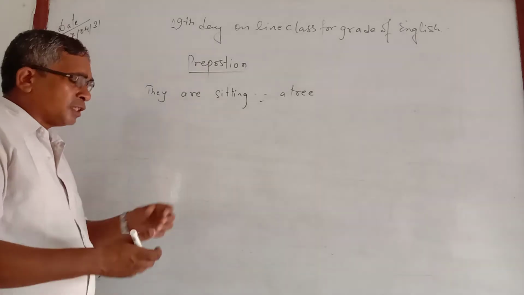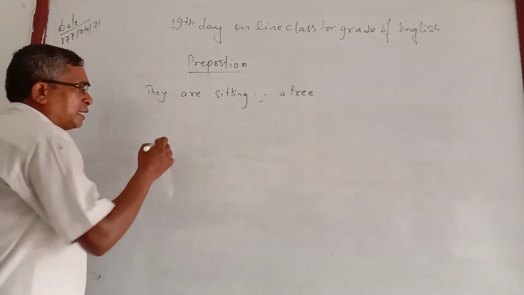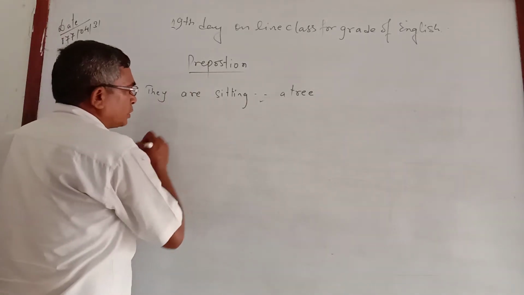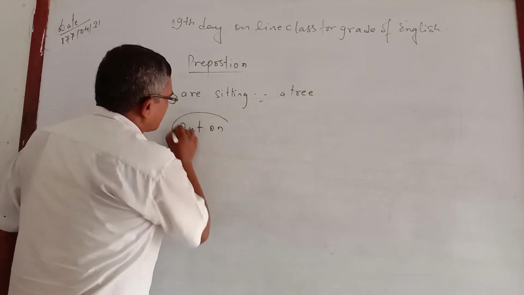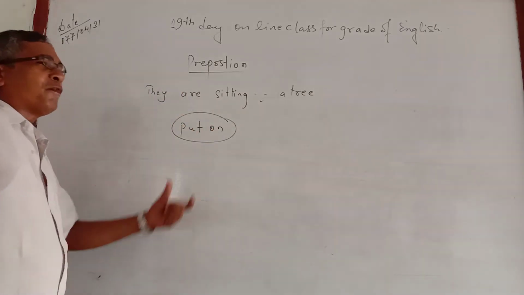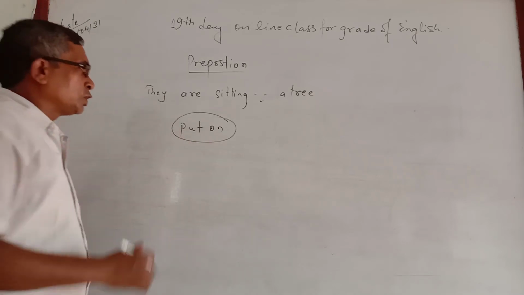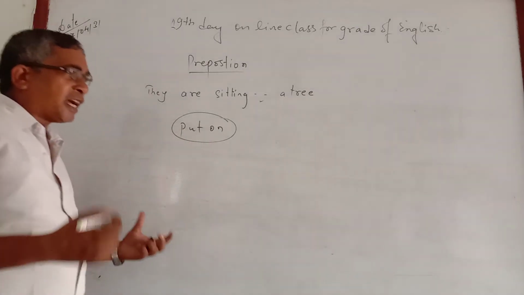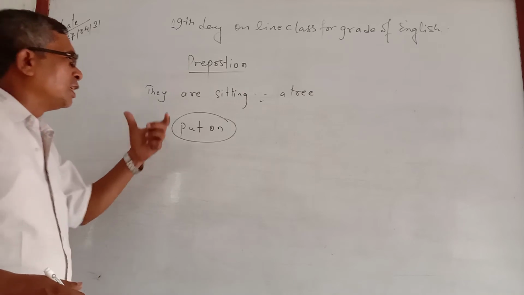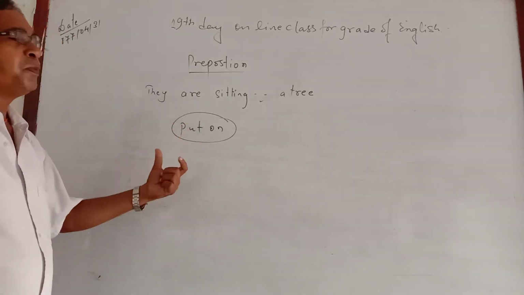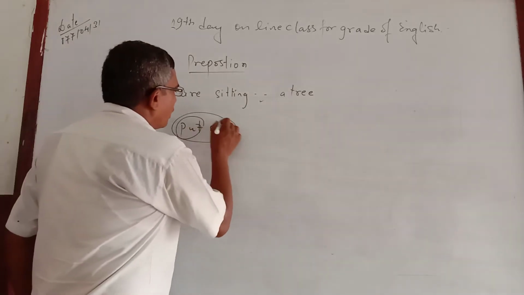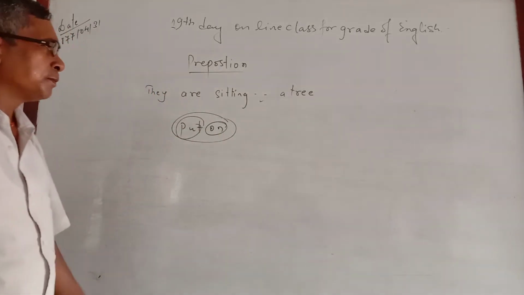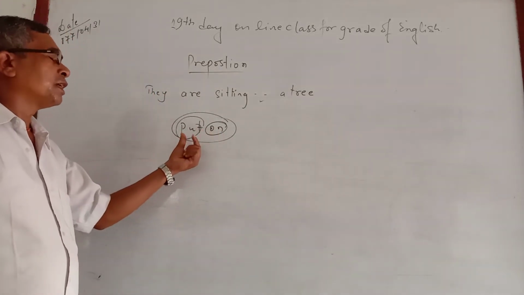Similarly, I would like to give another example to make this clear. Except for prepositions, sometimes you have to learn phrasal prepositions also. For example, the phrase put on. Generally when students are asked to use the given phrasal preposition in a sentence, they keep the feeling that put means rakhnu, on means mathu. But have you ever thought, put on, what does this mean?